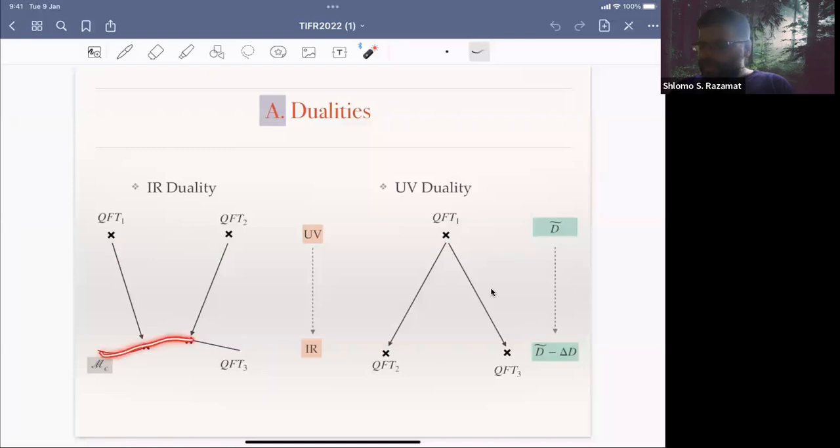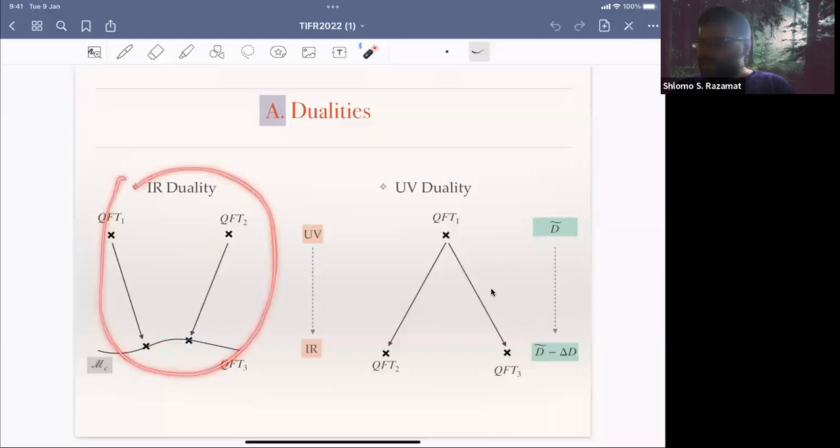So for the sake of this talk, it will not be important for me that these are exactly the same theory. I will always assume, though, that they live on the same conformal manifold, that we end up with some family of theories which are continuously related to each other. You can maybe tune the parameters in the UV so you will exactly land on the same theory, but that will not be important for us. So this is the idea of